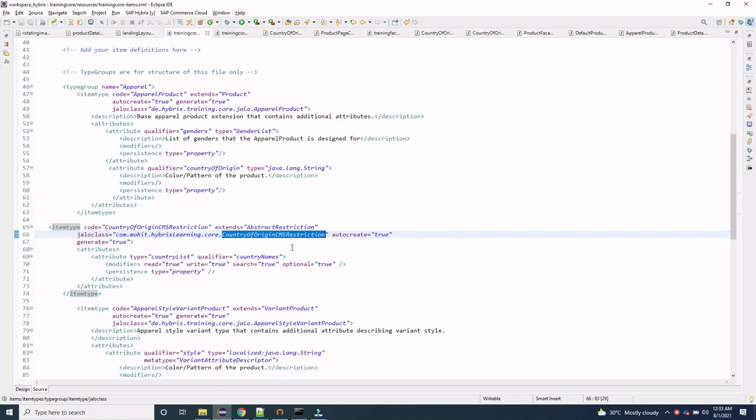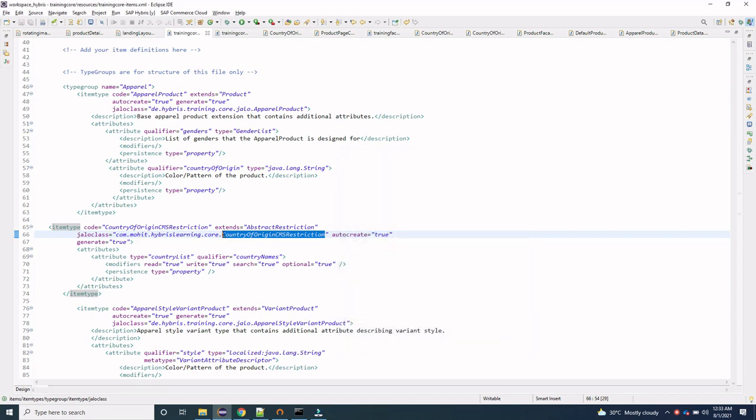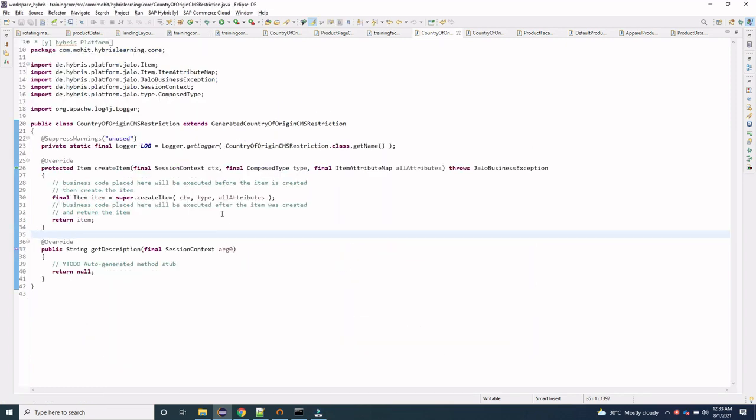Now let's go back to the Eclipse and let's see this country of origin CMS restriction class. So this class gets created which is extending the generated country of origin CMS restriction, and here two methods are getting overridden. One is the create item and the second one is get description.